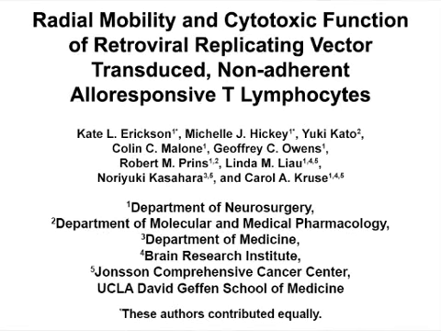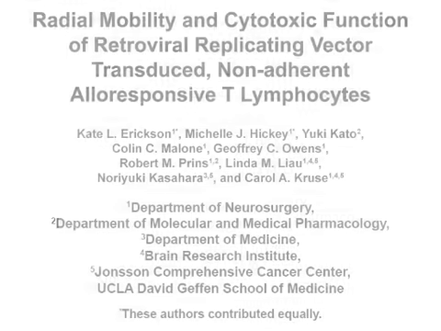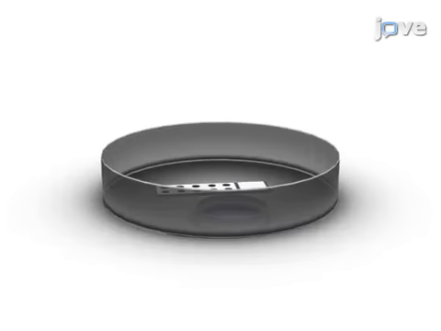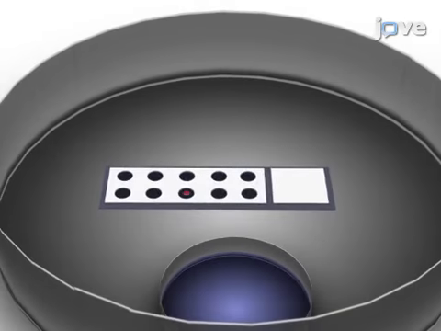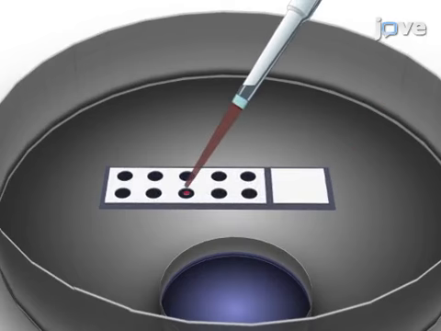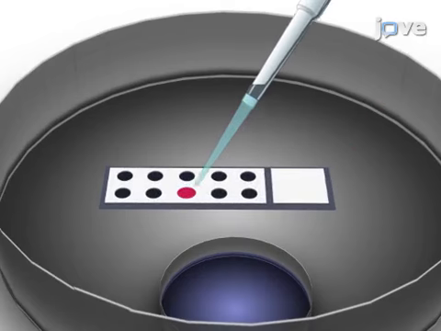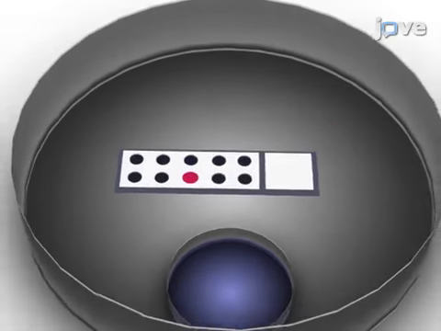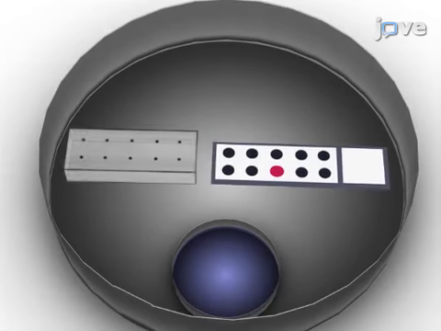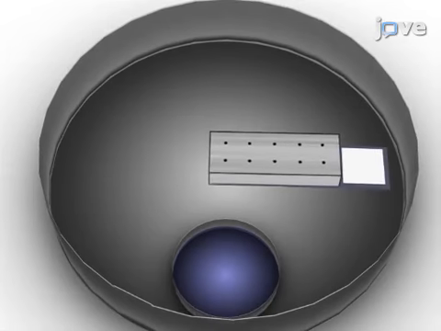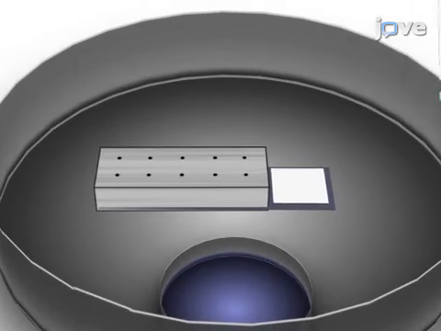The overall goal of the following experiment is to show non-adherent effector T lymphocyte migration over a monolayer of adherent tumor cells. This is achieved by first establishing a monolayer of adherent tumor cells in the wells of poly-D-lysine-coated Teflon masked slides. As a second step, fluorescently labeled effector T lymphocytes are sedimented into the center of the monolayer using